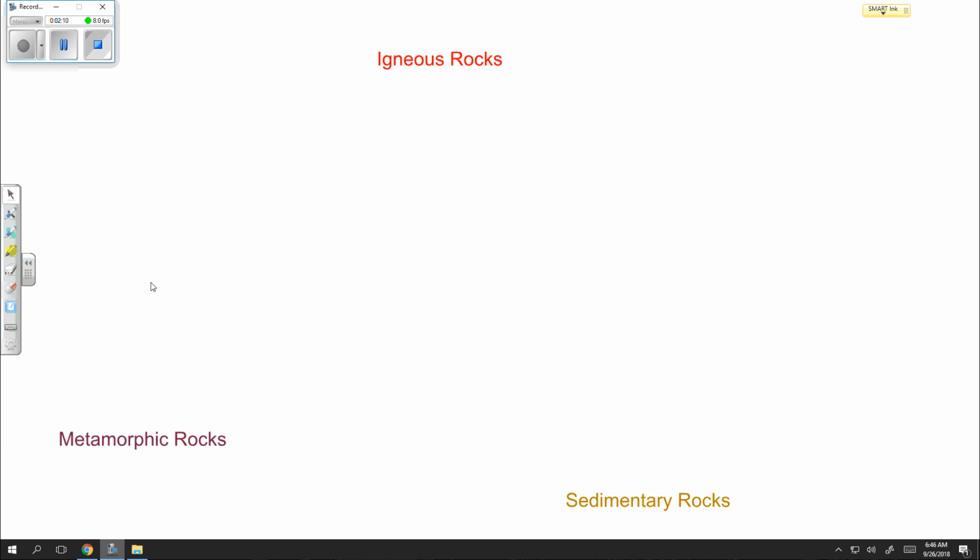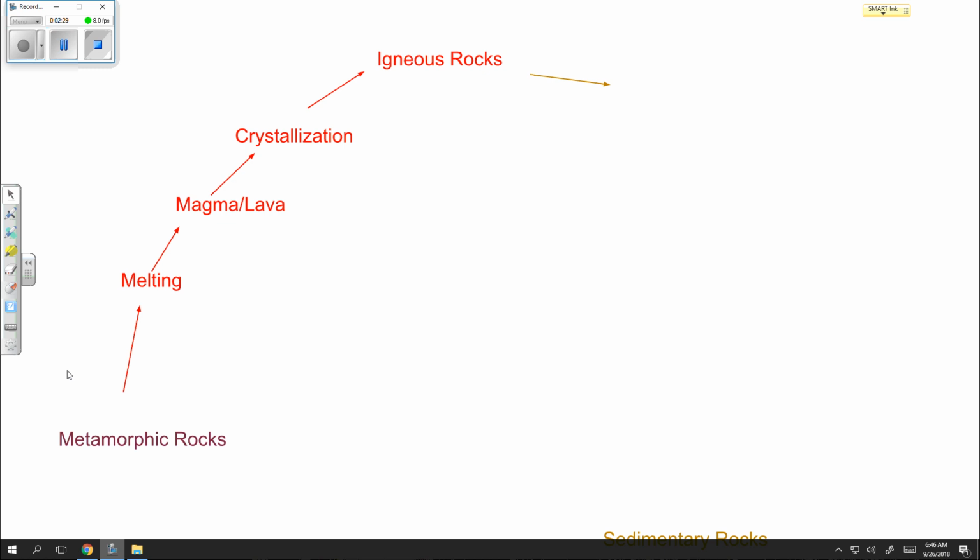We'll start with the igneous rocks, since Earth most likely was igneous as the whole body at some point in time. So the whole body of the Earth at some point in time was probably igneous material, magma and lava. From there, it started to cool and you started to get the formation of igneous rocks. So as we look at this, I'm going to take it from metamorphic rocks to the igneous rocks as far as what's being done, what's happening in order to get to that point, what we're looking at in terms of